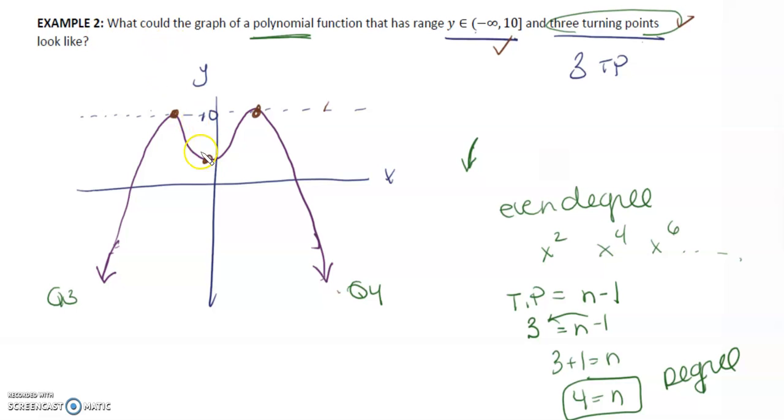I do want to point this out. So in this scenario, there are only 2 x-intercepts. If this question had a requirement for x-intercepts, we may have had to like go down more with this. And then that turning point would be here still, and it would still satisfy. Another way, so that'd be like 4 x-intercepts. And another way is if this hit right there, it'd be have